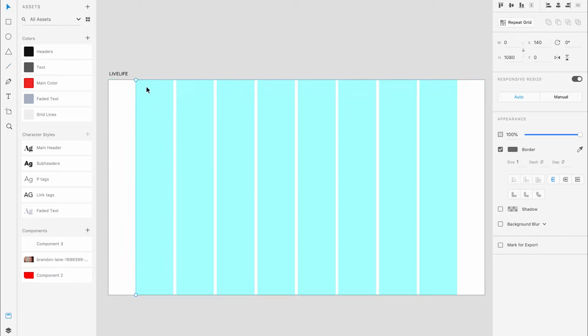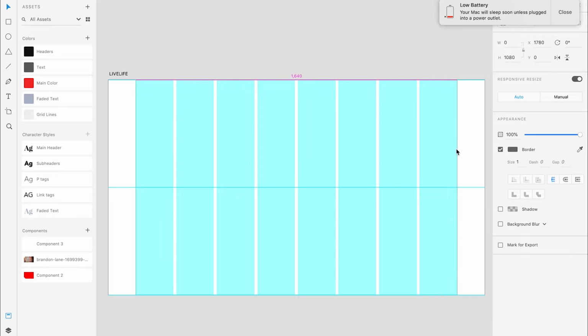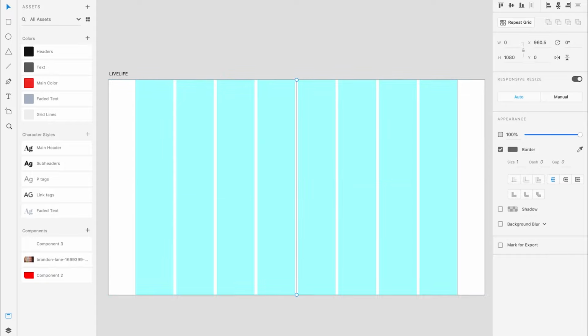And if you wanted to copy this, go ahead and select Option on your Mac. I'm not sure how you do it on Windows, but hopefully someone just grabs it. And select it all the way to the right, and my computer is dying. I'll plug it in a second. So select it and move it all the way to the right, and then the third one will be just down the middle or the center, and you can center it here through this center align button on the top